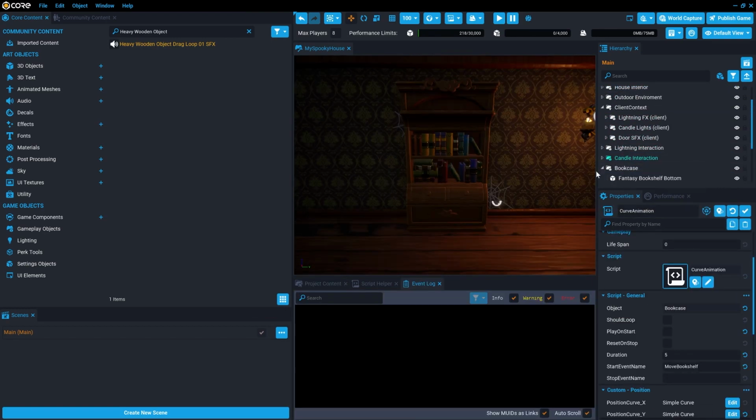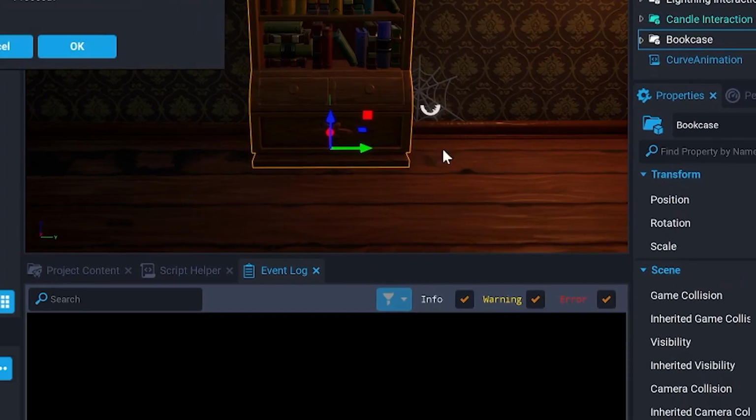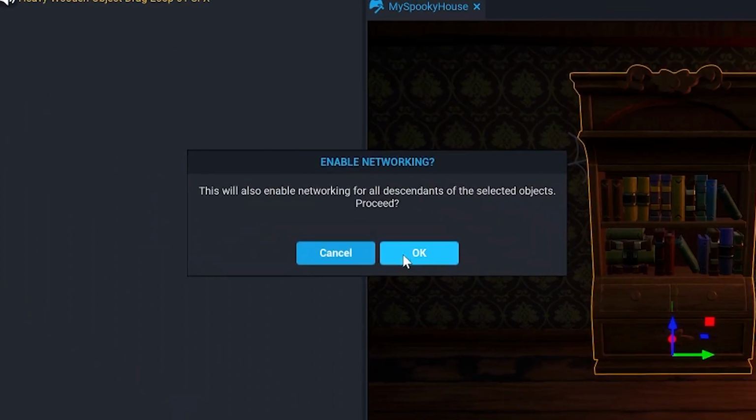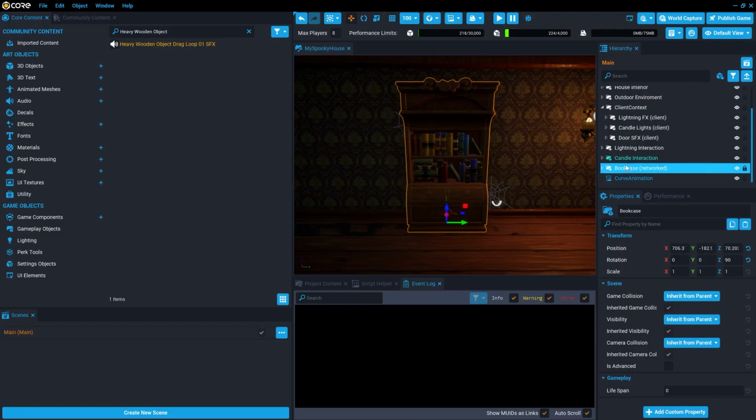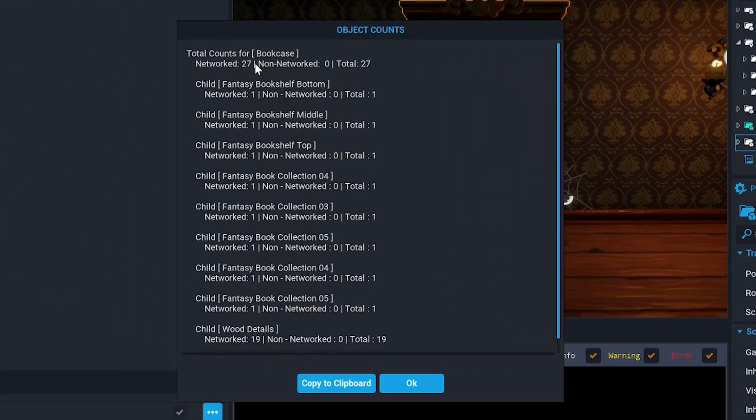The simple way we could do this is to right-click the bookshelf and select Enable Networking. This will warn us that it will network the object we selected along with all of its descendants. When we right-click the bookcase again and click Count Objects under Selected Object, we'll find that it creates 27 networked